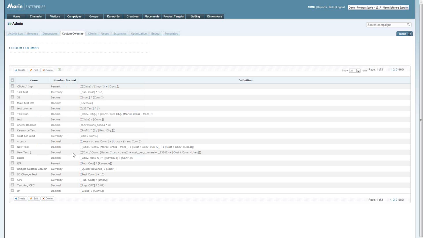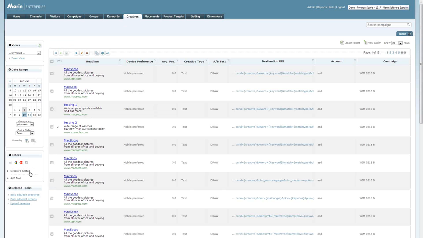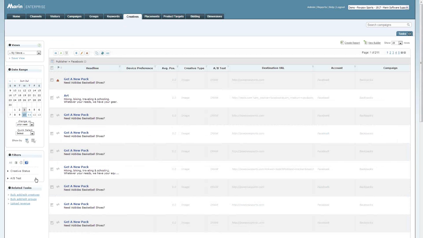The next set of features that I will introduce in the application are around our Facebook features. So there are a few different ways that you can access the features that we covered today. One of them being straight through the actual creatives. So if you go to Creatives and you select the Facebook option as a filter on the left-hand side, and let's go ahead and click into an active creative,